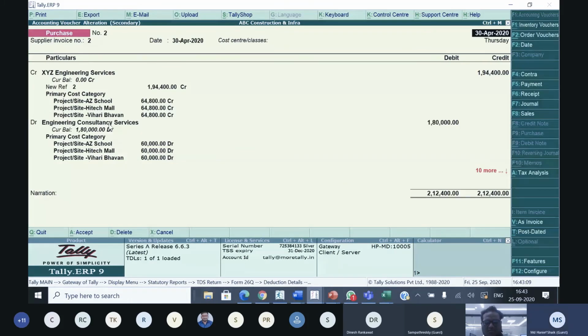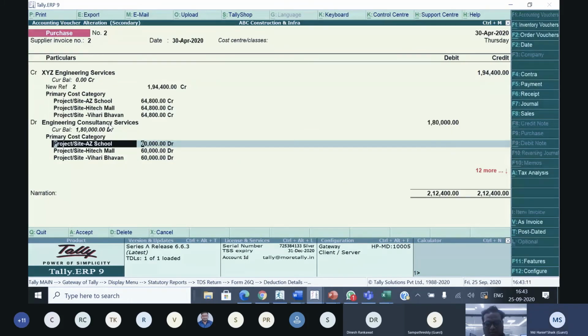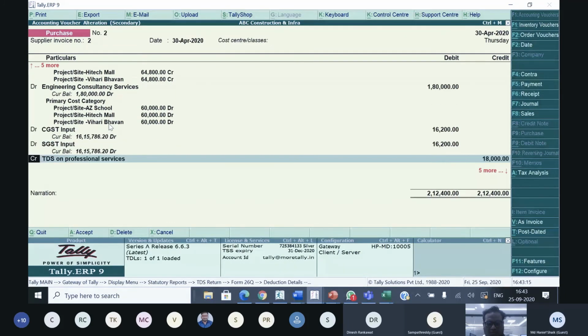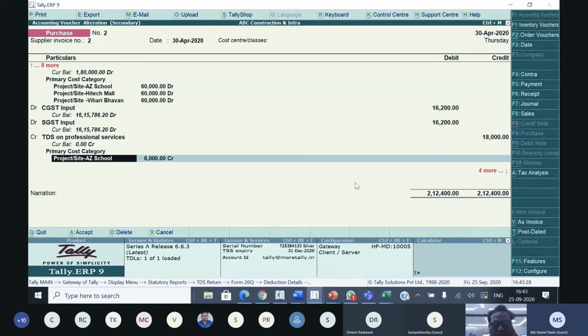Here you can see these TDS details. Yeah, this TDS value is automatically calculated as per the income tax law. We do not need to do a manual calculation to generate this.